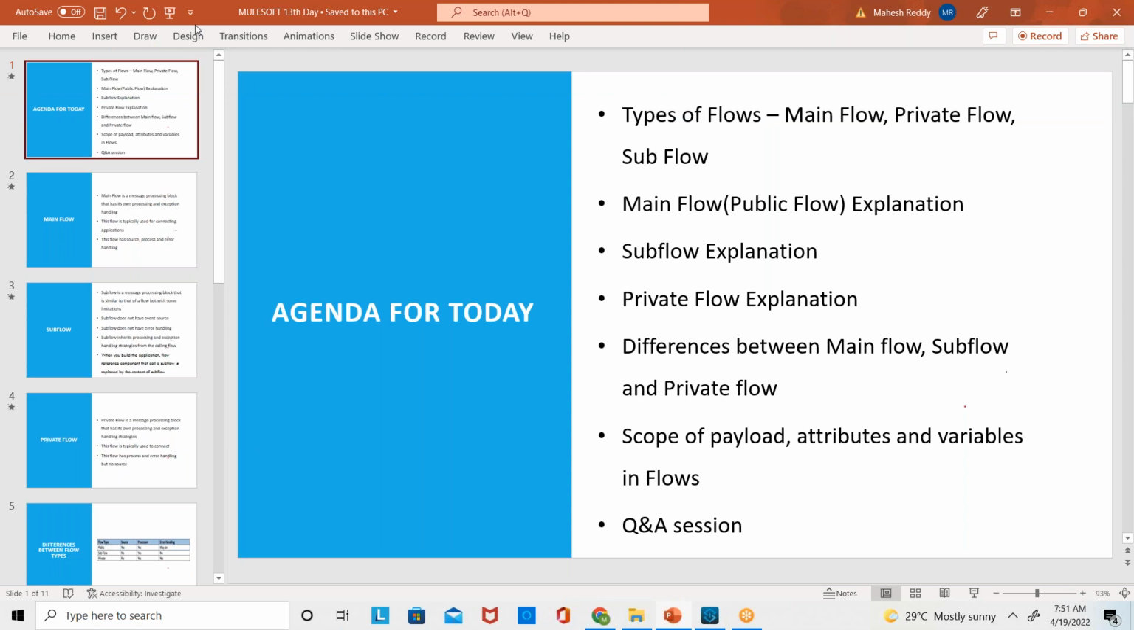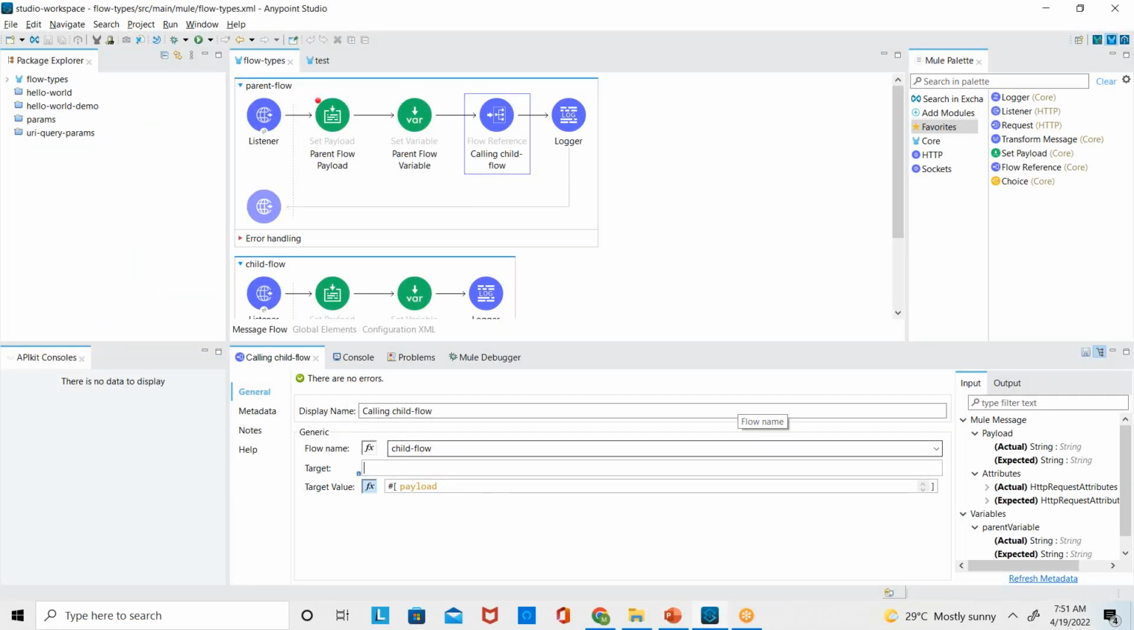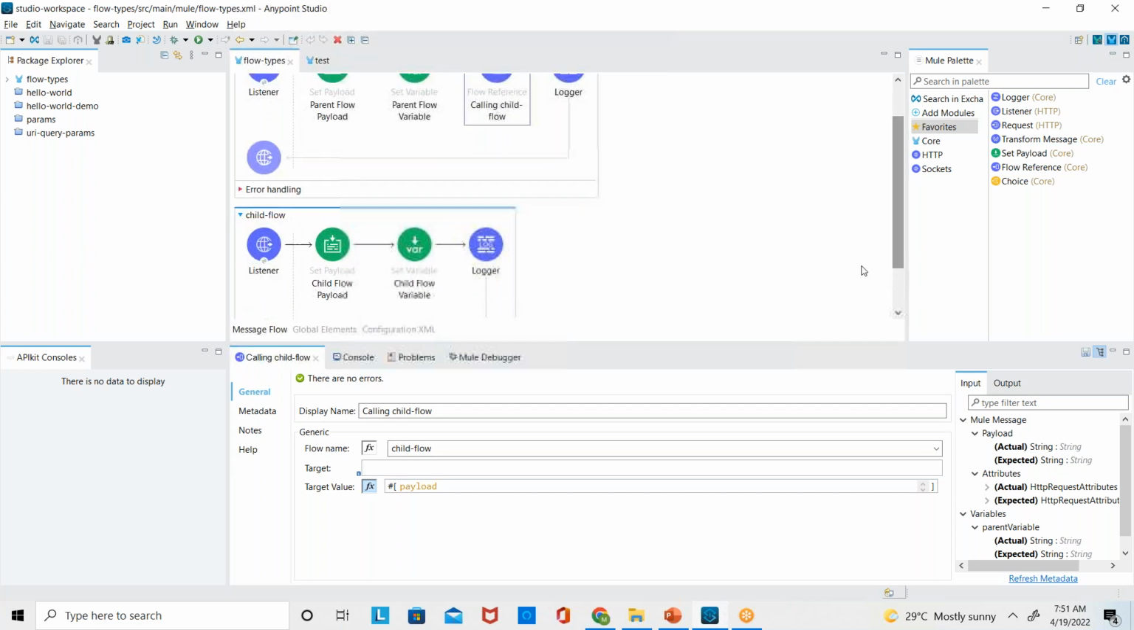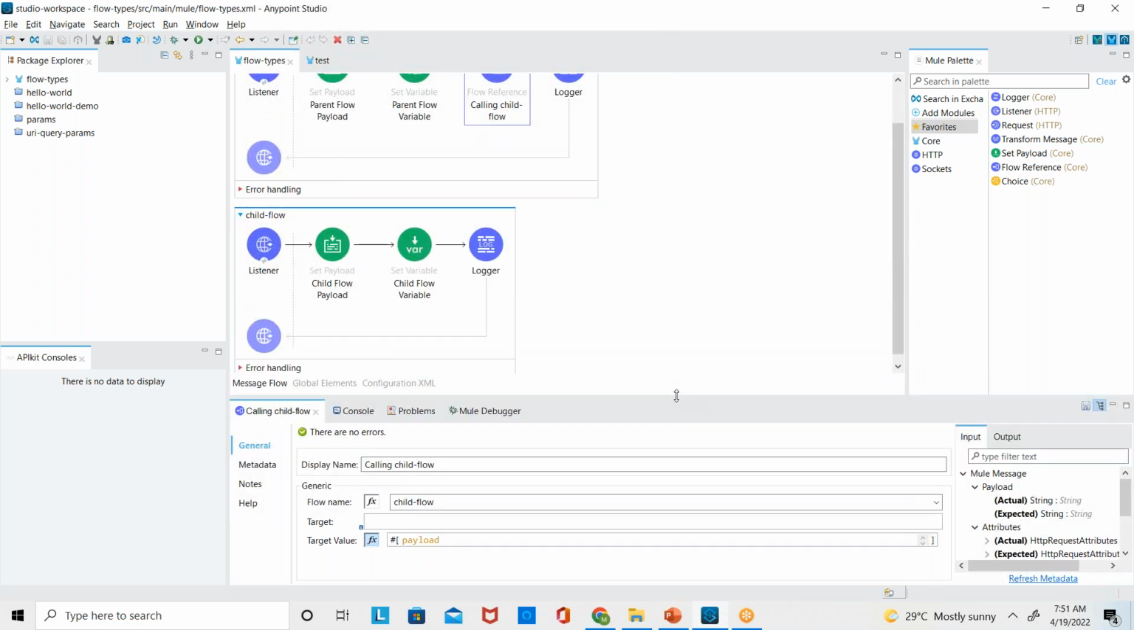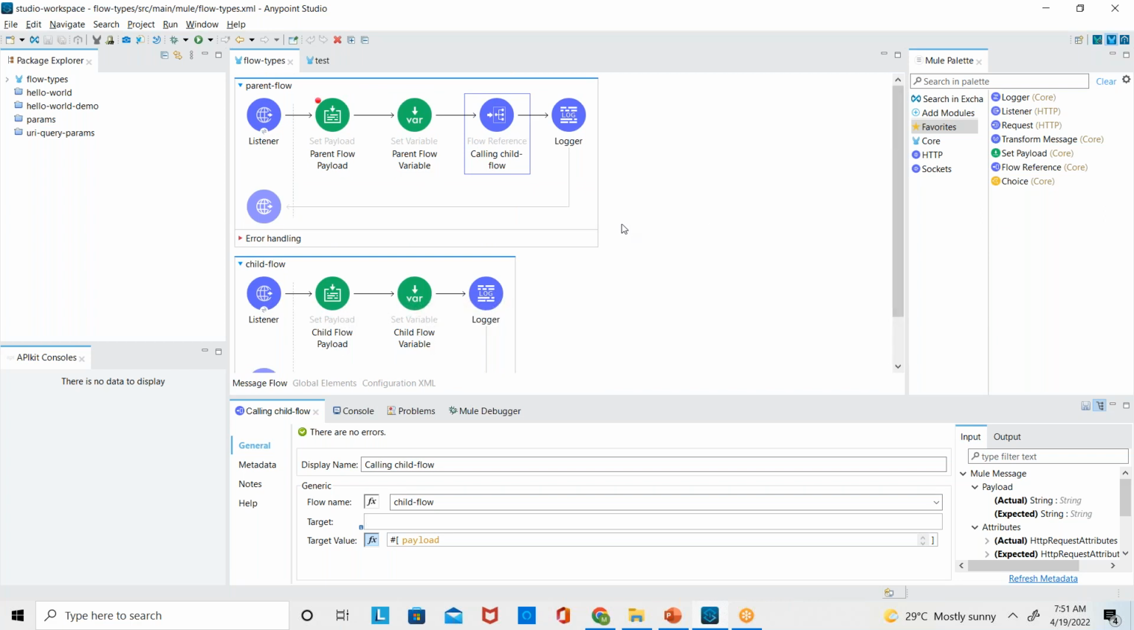Before going to this particular session, I just wanted to show you something from yesterday's session. See here, yesterday I showed you the scope of variables, attributes, and payload, right? What happened? Payload is overwritten, and that overwritten payload is passed to the flow reference. This is one point which I want to mention. And one more thing, what happens by default after